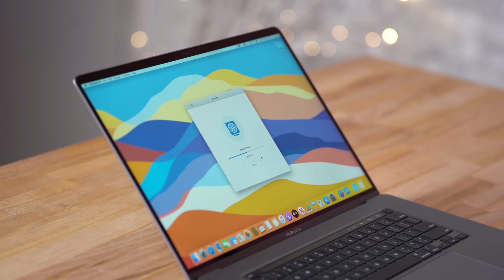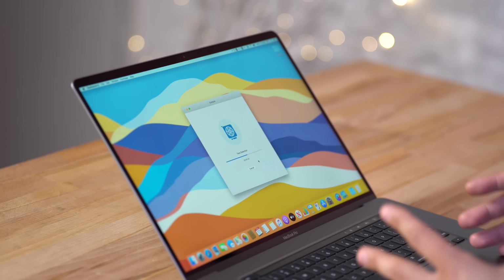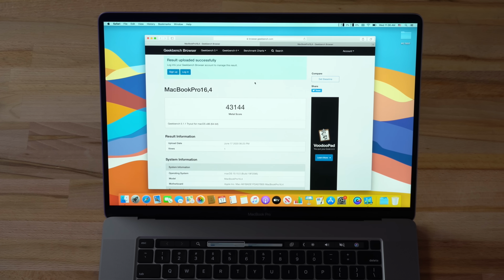Now, there is also a 5700M from AMD, but this 5600M actually has more compute cores. It has 40. So I don't know what is going on, but Apple has this special edition graphics card, and I hope it lives up to its price tag. And we have our score. It is